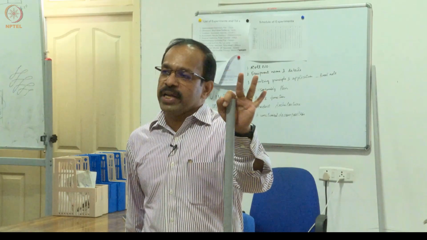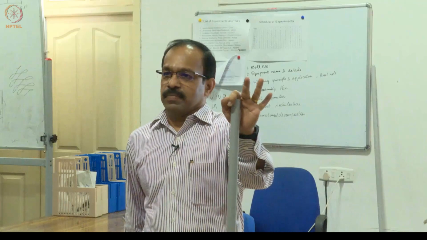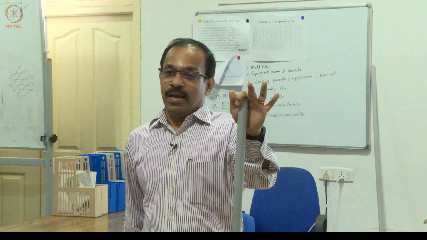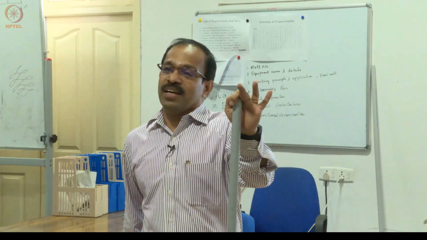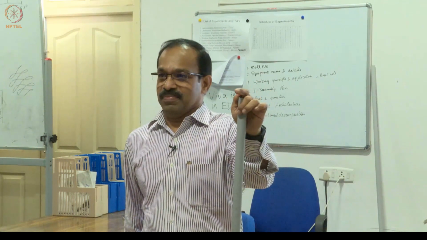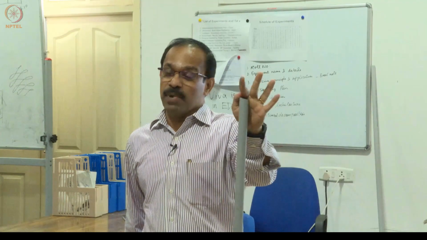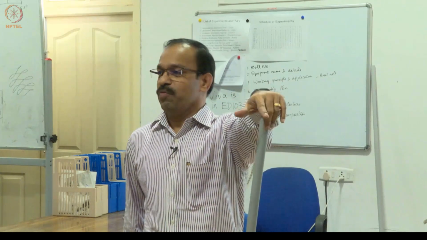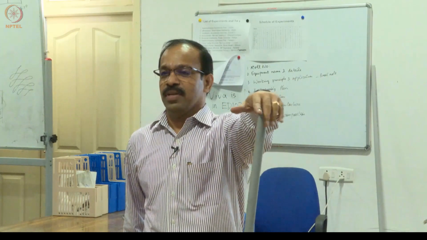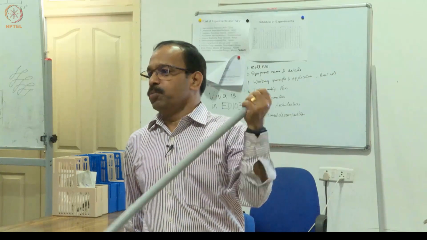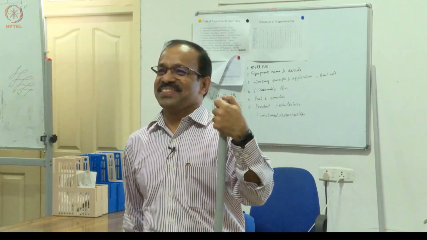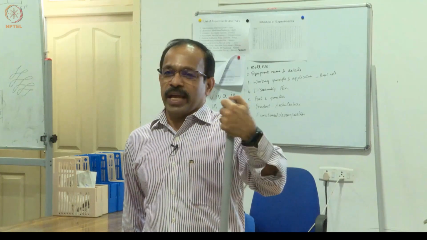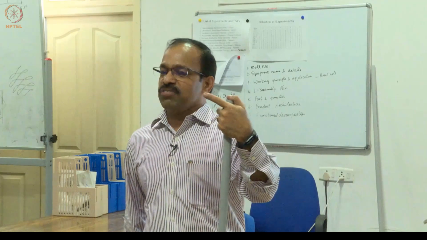Now, you have to make a tower using the paper, and the tower should be stable. The team which makes the tallest tower will be the winner. A stable, tallest tower, whoever makes it, that team will be the winner of this exercise, and the winner will be rewarded with a helium tube. Understood?